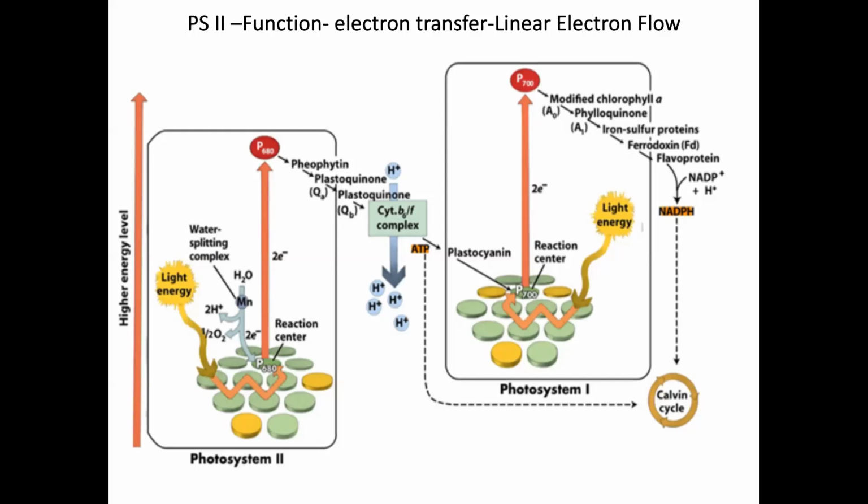NADPH is necessary for all anabolic reactions, and it is the principal reductant of the carbon dioxide, which is to be reduced during the next phase of photosynthesis, that is the dark reaction. ATP as energy compound is used up for all cellular metabolism. Thus, PS2 is involved in non-cyclic flow of electrons, thereby leading to the non-cyclic photophosphorylation of ADP to ATP.